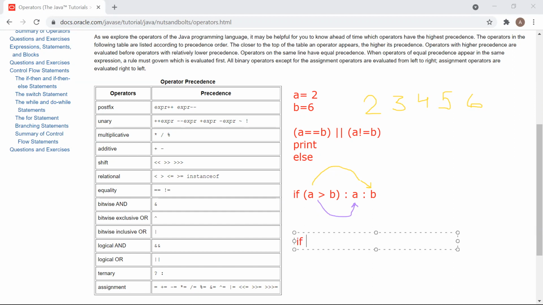You can write like this also. You are checking if A is greater than or equal to B. You can also add a condition like that. It means A is greater than or equal to B. Suppose here I am making the A value 6.